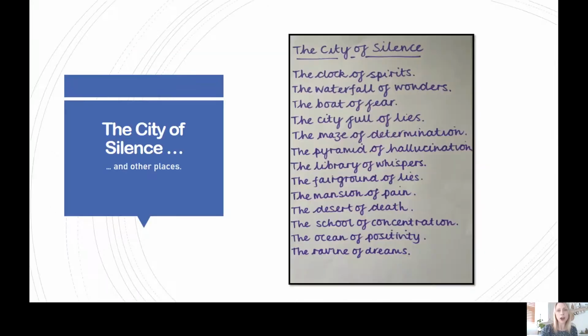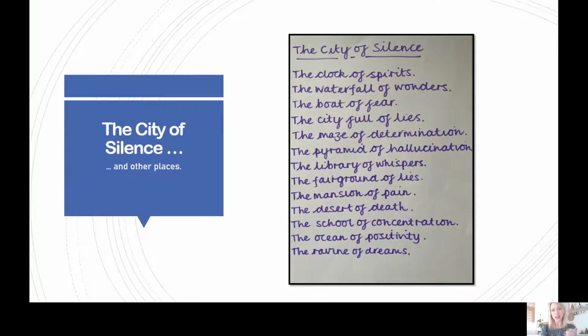Okay, so this is what I have put together. So these were ideas that I had, and this is the poem. I guess it turns into a poem, doesn't it, without us really knowing it. We've created a list poem here, haven't we?